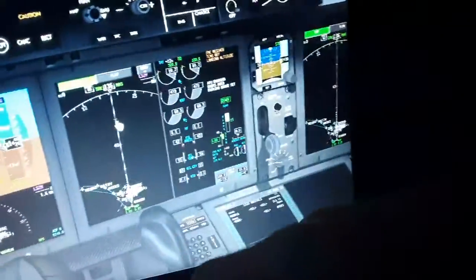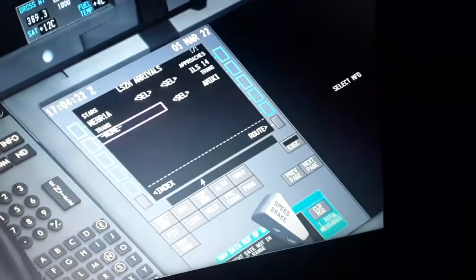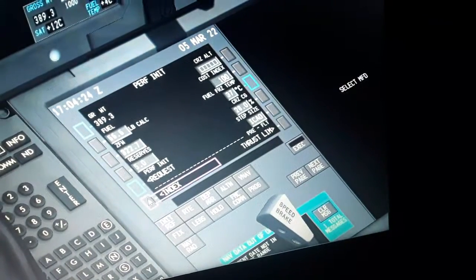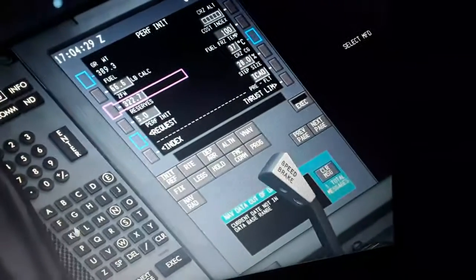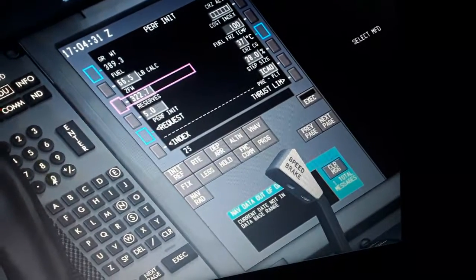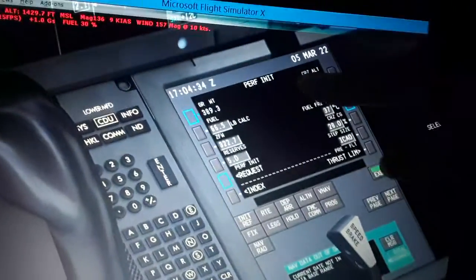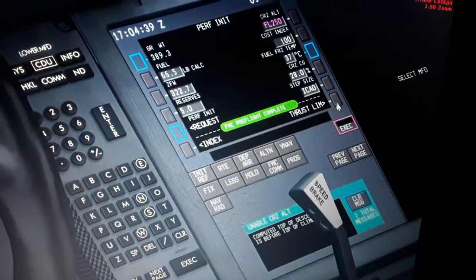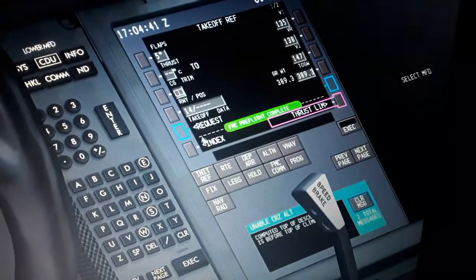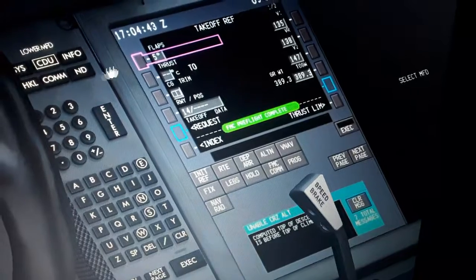So we are almost ready to take off. As you can see, we are in a good position. We only need to set up the performance for takeoff. So we go to initialize the performance, cruising altitude 25,000 feet over here, 25,000, execute, and the thrust limit, which is gonna be flaps 15,